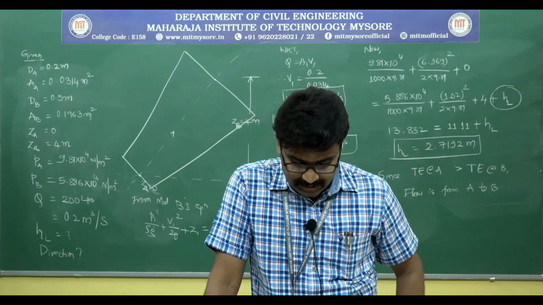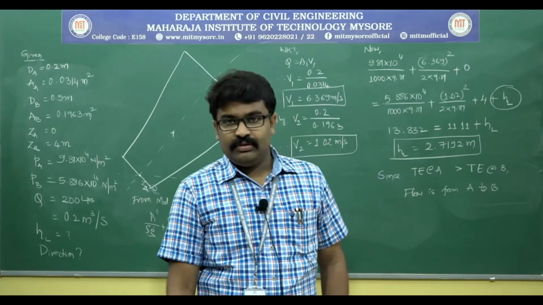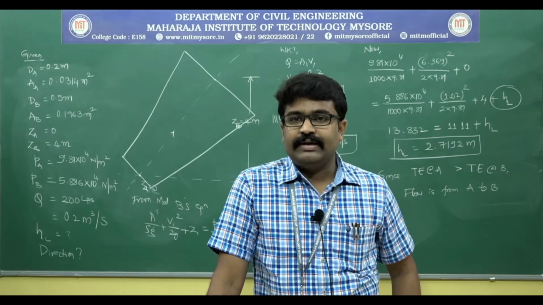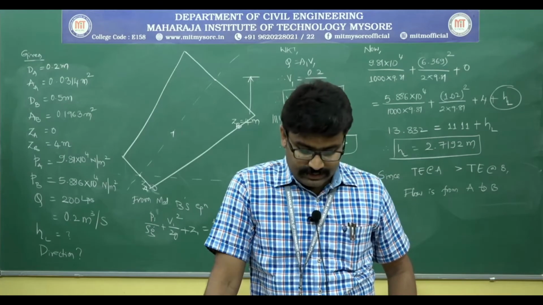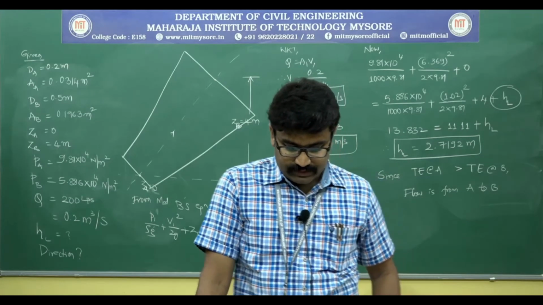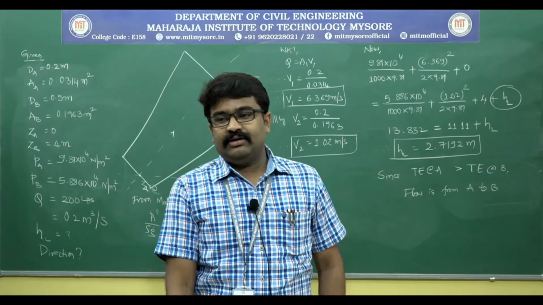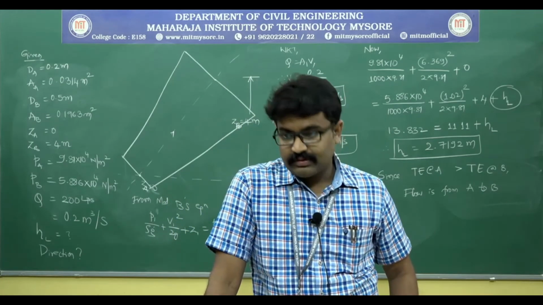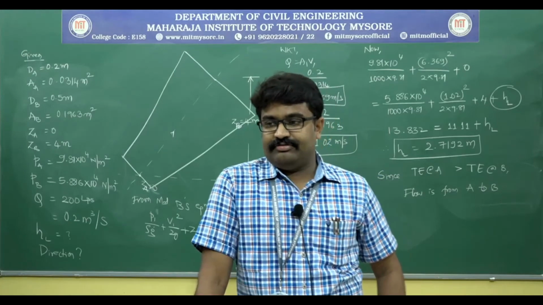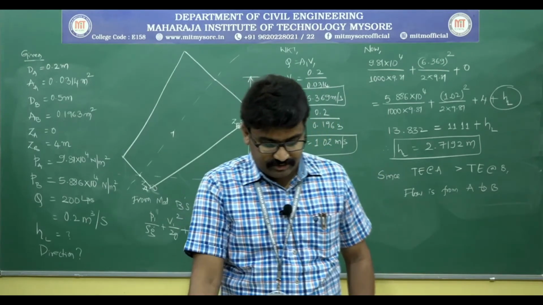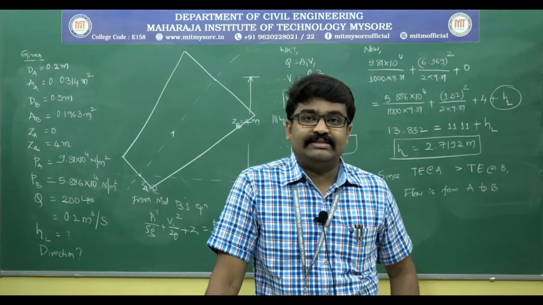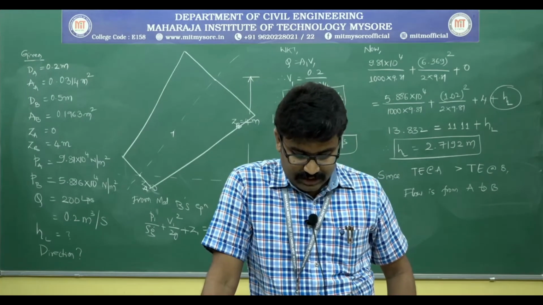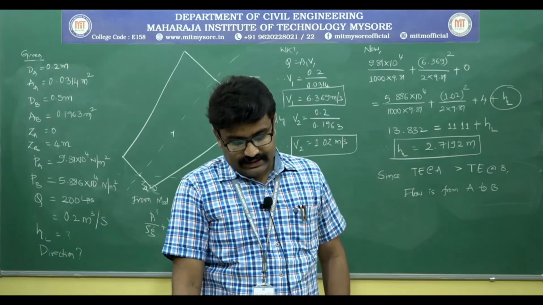Assume the head loss to be 20% of the difference of velocity heads. Calculate the discharge